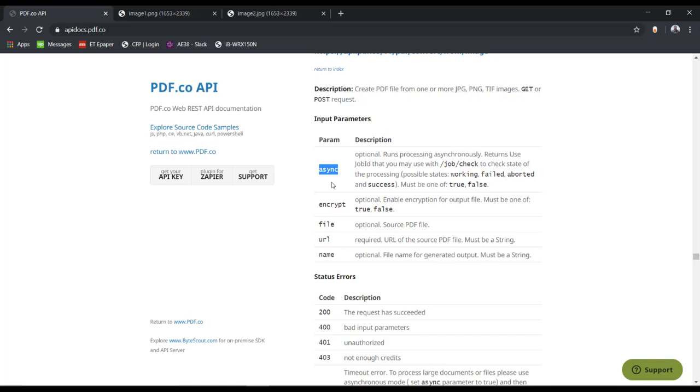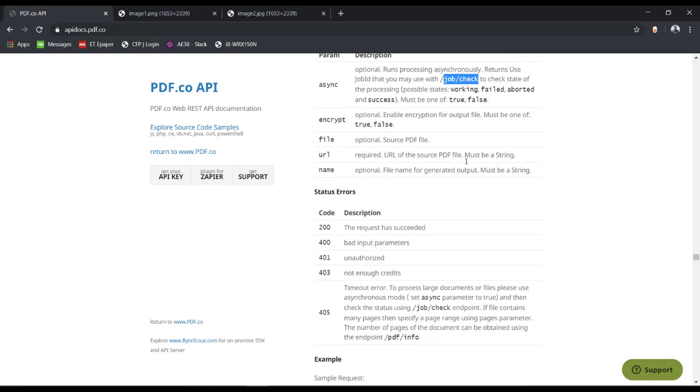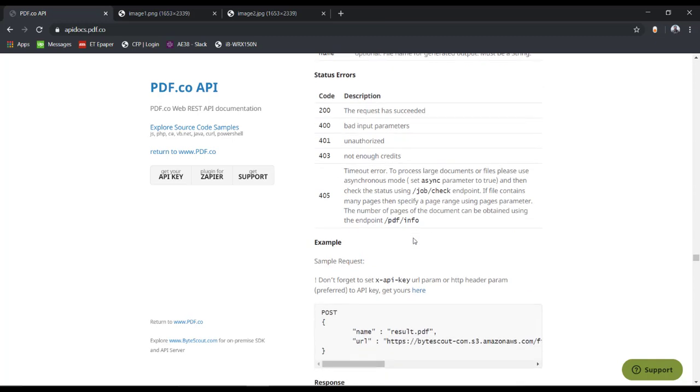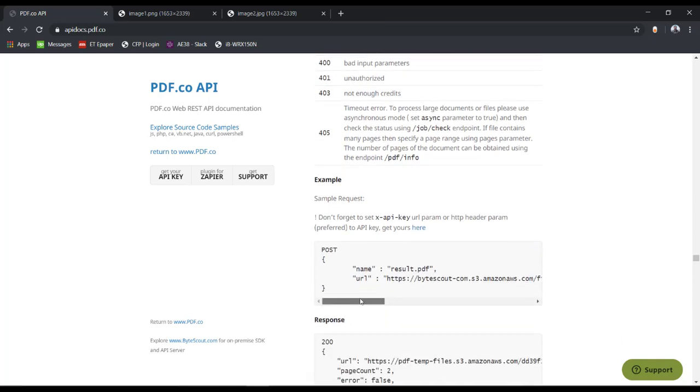After the output is done, we can check the job info whether it is completed or not, and in the job output it will have the actual URL of the file. We can download it and get the result.